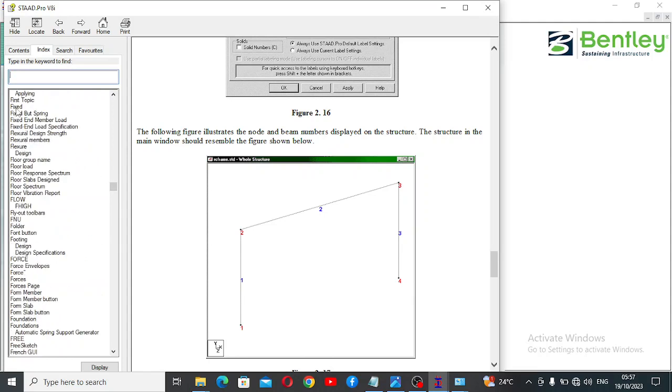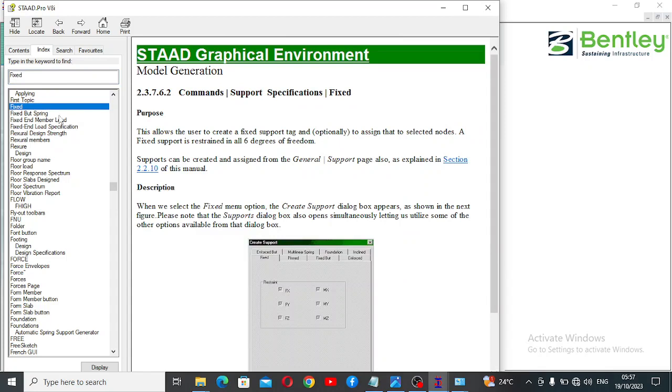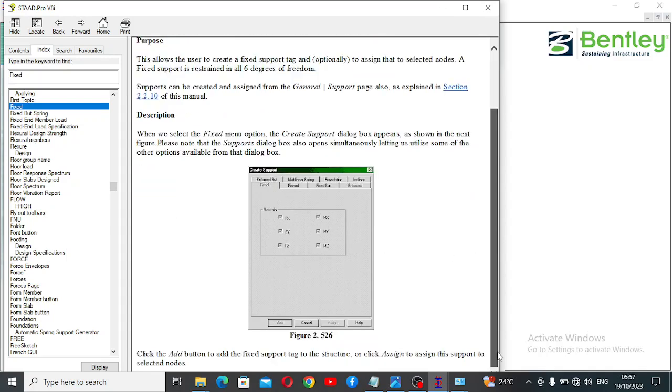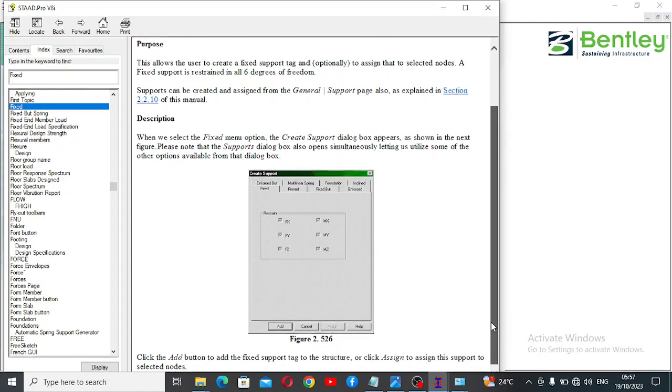Okay, here is about feast. Want to know something about the feast? Look at it. Description. When we select the feast menu option, the create support dialog box appears as shown in the next figure. Please note that the support dialog box also opens simultaneously, letting us utilize some of the other options available from the dialog box. So this is how you invoke